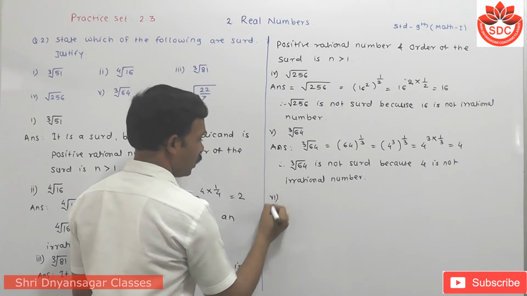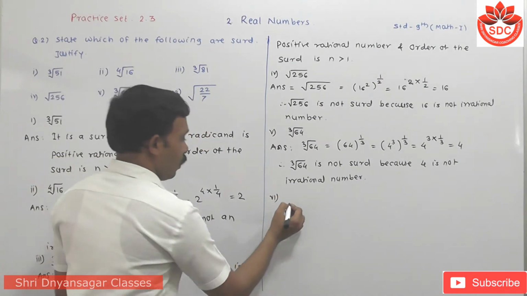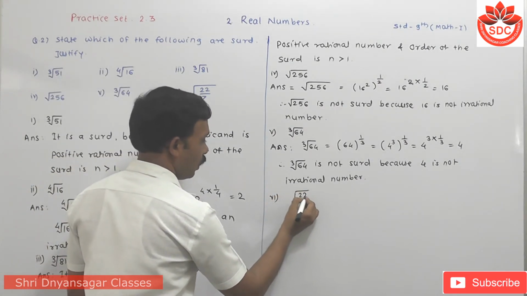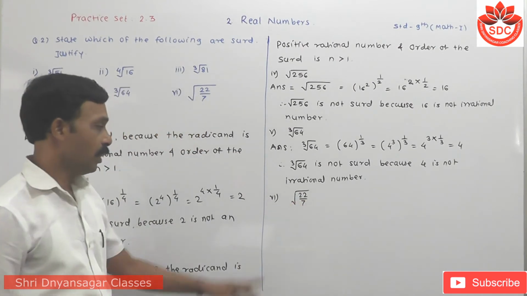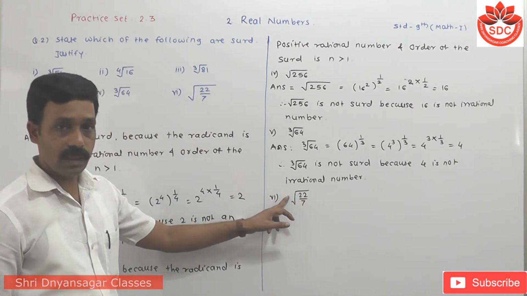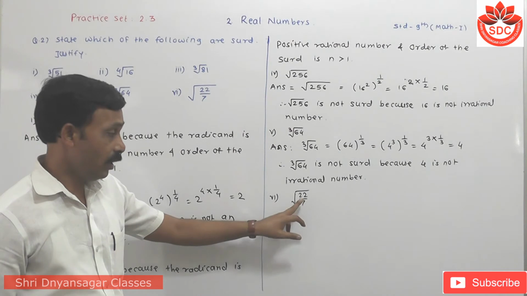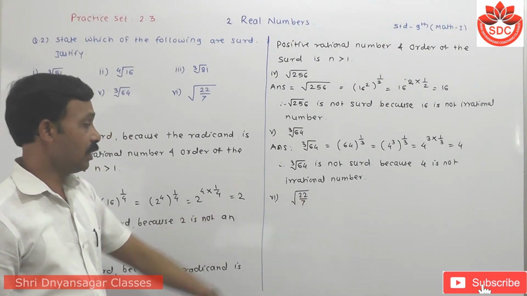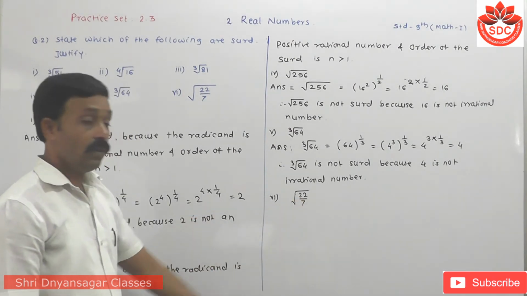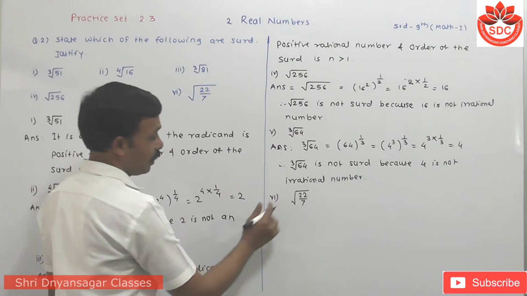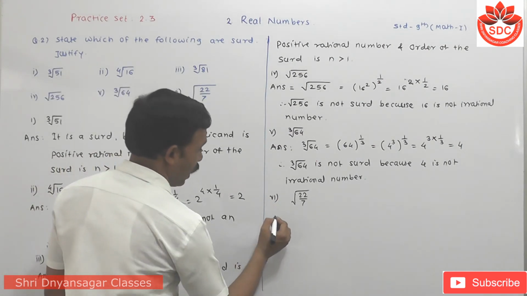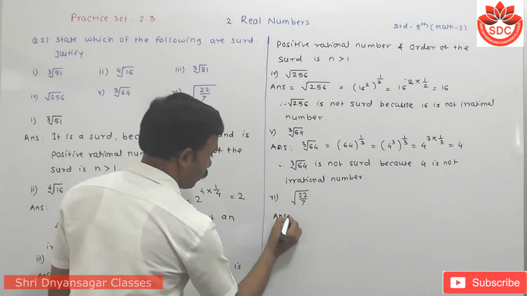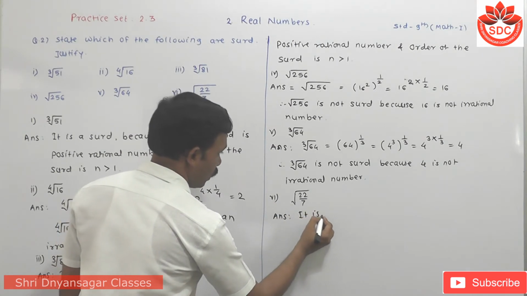Then the last one is root of 22 upon 7. Here the order is 2, which is greater than 1, and 22 upon 7 is a positive rational number, so that it is a surd. So the answer is, it is a surd